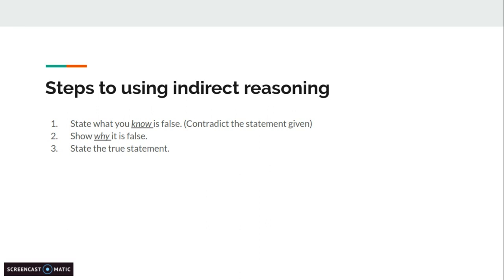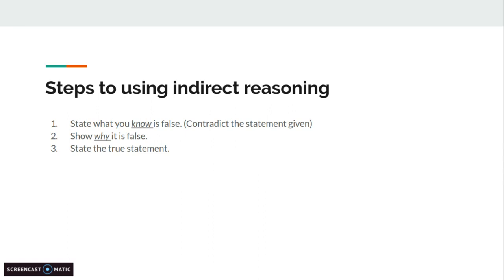Now it changes things if the statement that you're starting out with is one you'll be asked to prove is true. If you're asked that, then you follow these steps. But if you're not told that it's true and you know that it's false, like it's saying 1 plus 1 is 3, don't state that you know it's false, because in the first place it's false. You do a counterexample, which, for an equation, wouldn't be possible. But that wasn't a very good example. But if you get what I mean, the statement you start out with is true if you're going to follow these steps. So state that it's false,